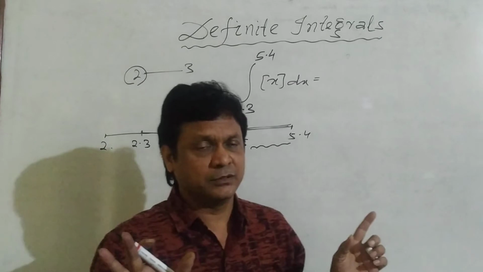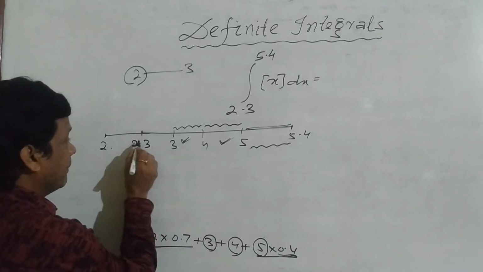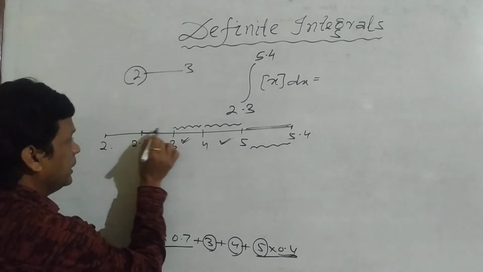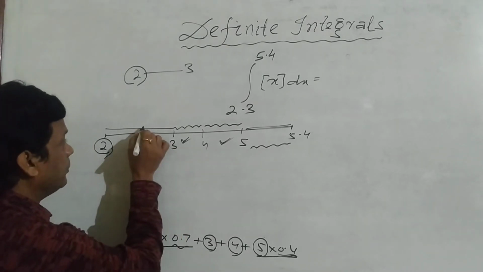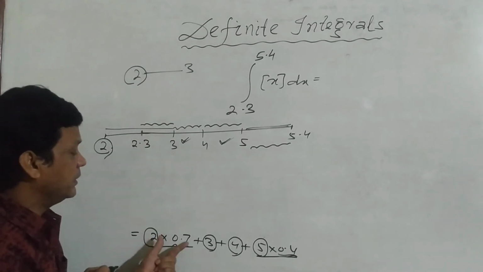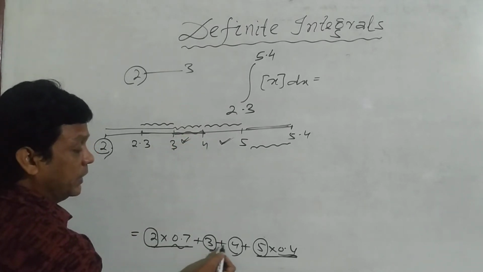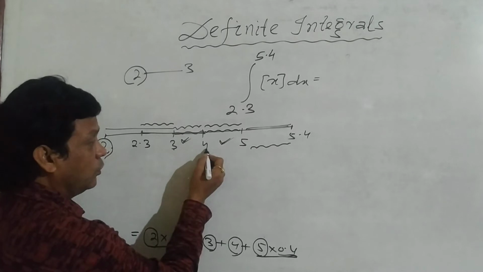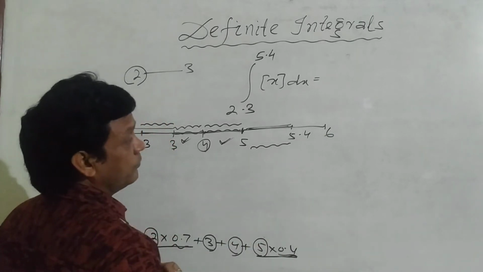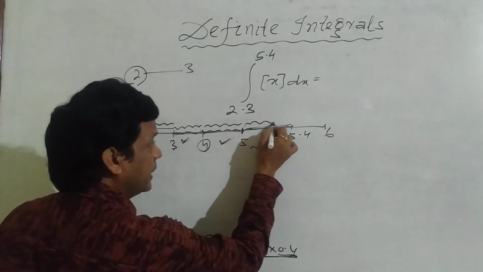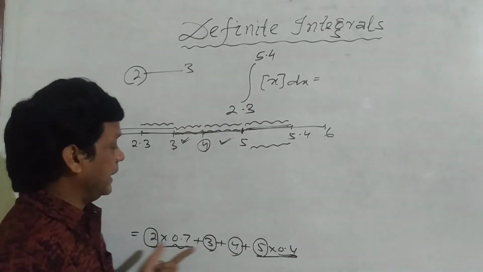See here, what is the trick? Lower limit into difference. Here I am writing 2.3 to 3 lies between two consecutive integers 2 and 3, and the lower limit is 2. So 2 into the difference between these two, and the difference between 2.3 and 3 is 0.7, and 3, the lower limit is 3 into difference, it is 1, 3 into 1, and in between these two consecutive integers lower limit is 4 into the difference is 1, and here in between 5 and 6 the lower limit is 5 and the difference is 0.4. I am writing 0.4. So this is the logic, and if both are fractions you can write like this.